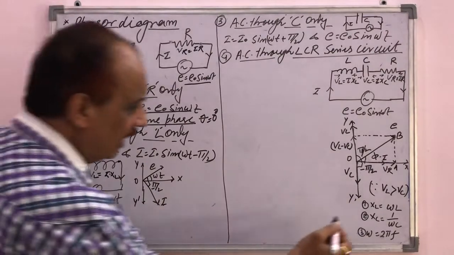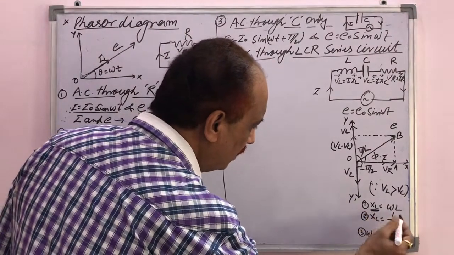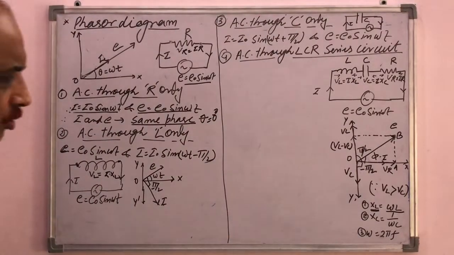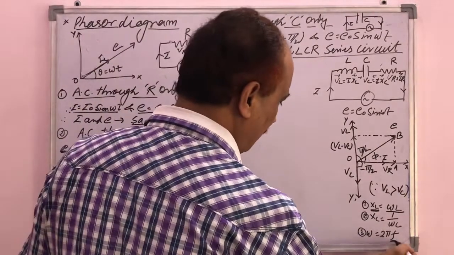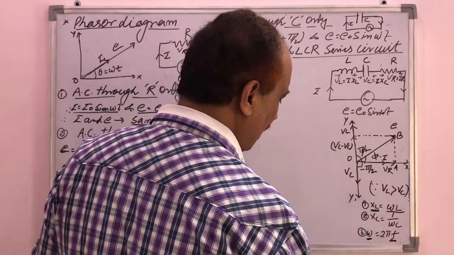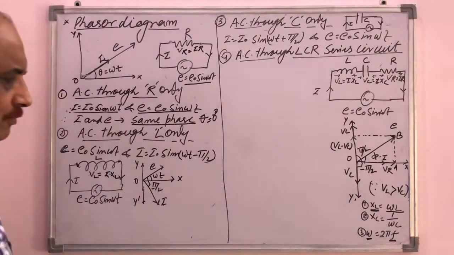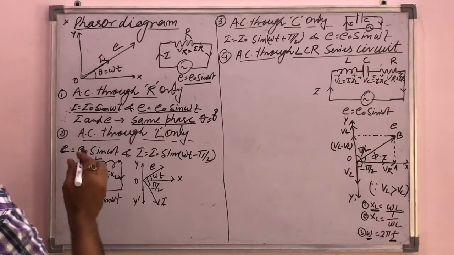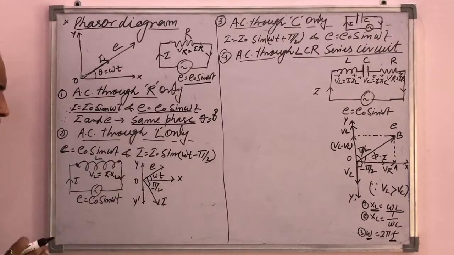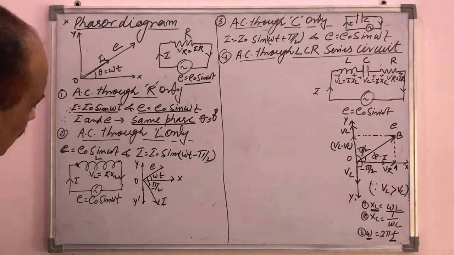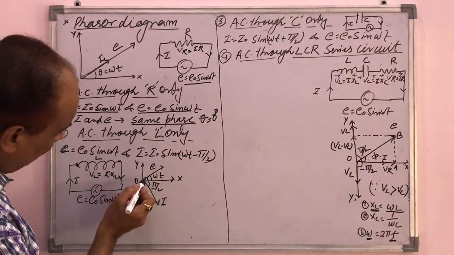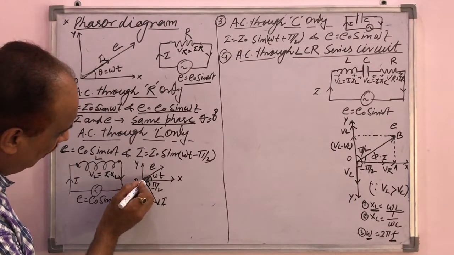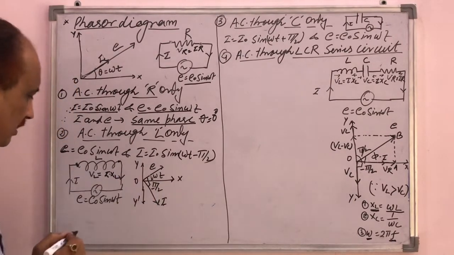So it is a new word. XL, the reactance of the inductor, is always equal to omega into L, where omega equals 2 pi f. It is the angular frequency, and f is the frequency of the circuit. So omega will be equal to 2 pi f. When we draw the phasor diagram for this, in this situation, the small vector which makes an angle omega t with the x axis is denoted by the vector E.